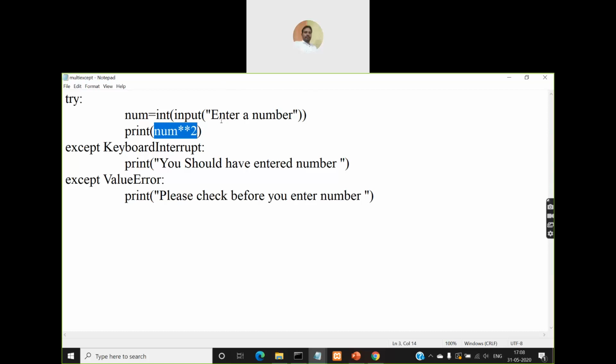Now if I give, instead of a number, some alphabet or something, then it will generate a value error. So this except block will be executed.